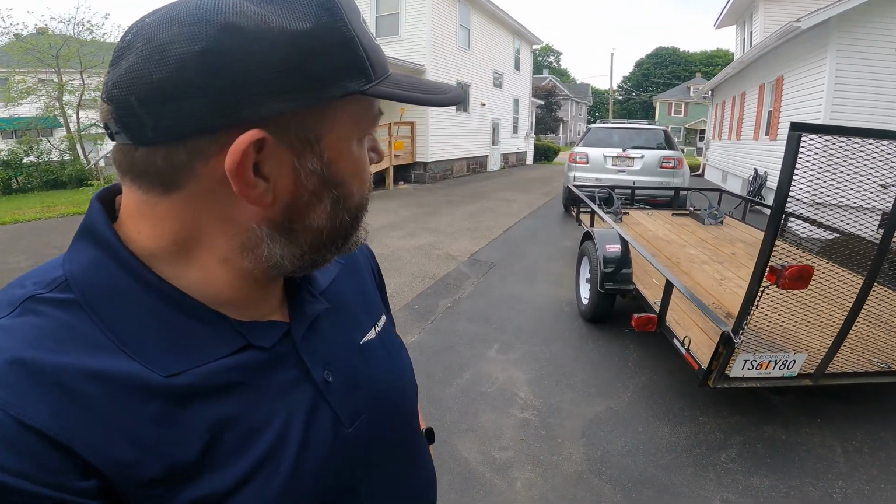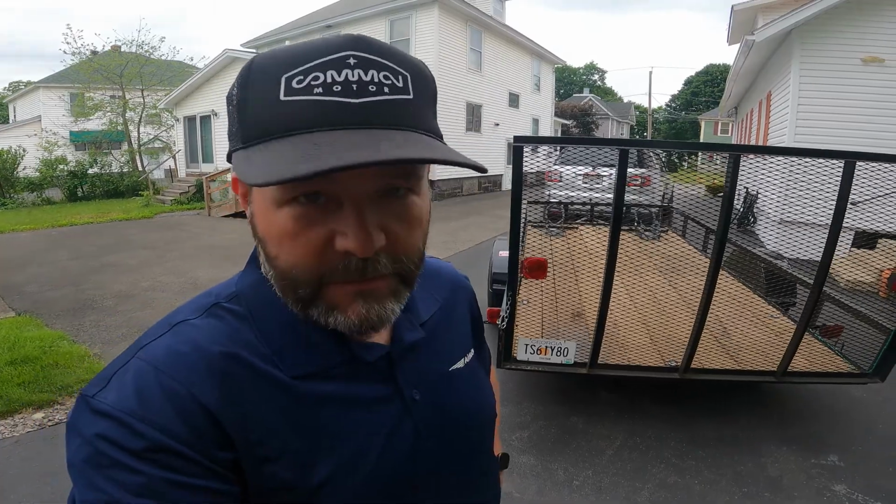Well, got my Common Motors hat on. You guys should know what that means, although, you know, you don't, kind of. But got the trailer hooked up to the old Jimmy, and we're gonna go look at an old bike. I'm not telling you what it is. I mean, the hat should probably give it away. If you guys are watching the channel, paying attention, subscribing, catching all my videos, you know what the hat means. So gonna jump in the old GMC, and we're gonna drive west, and we're gonna go look